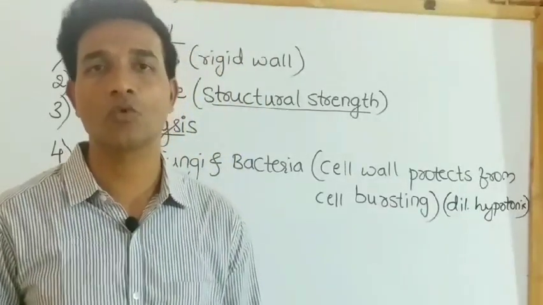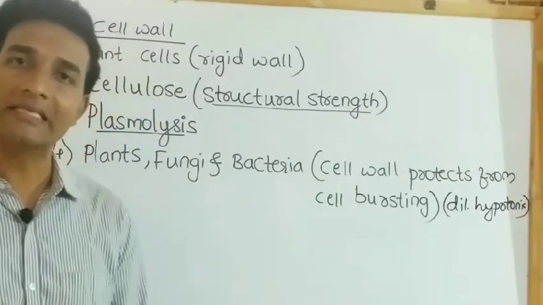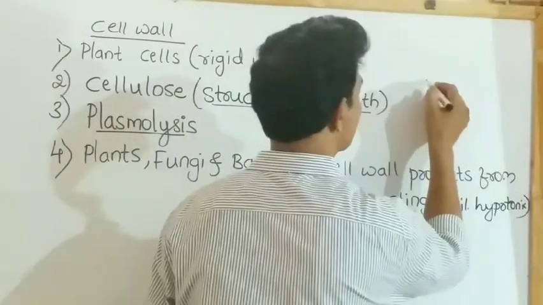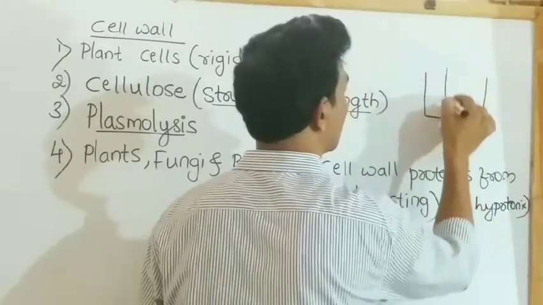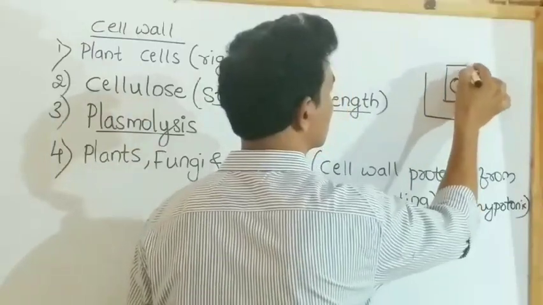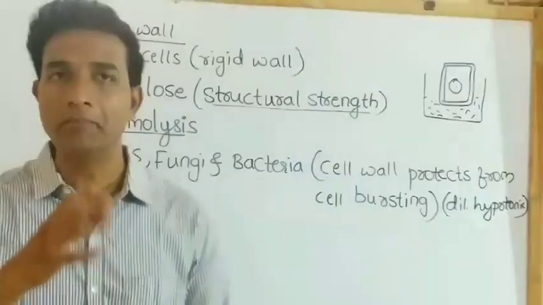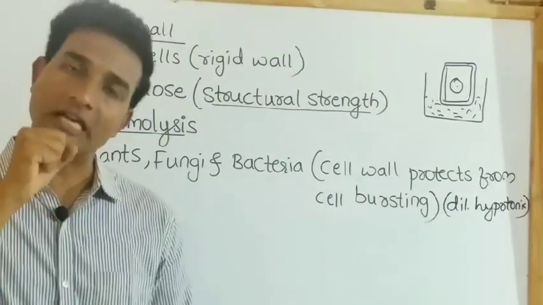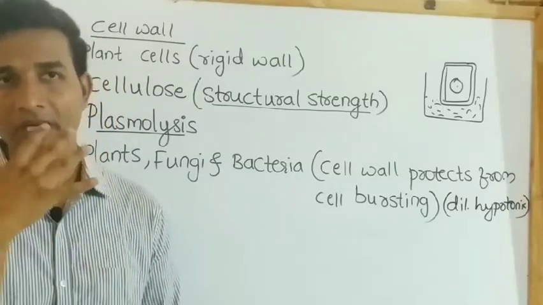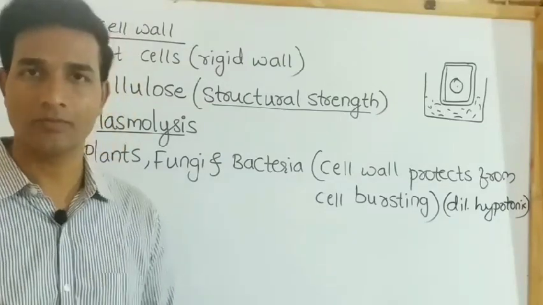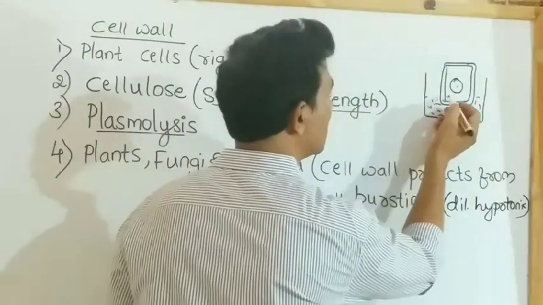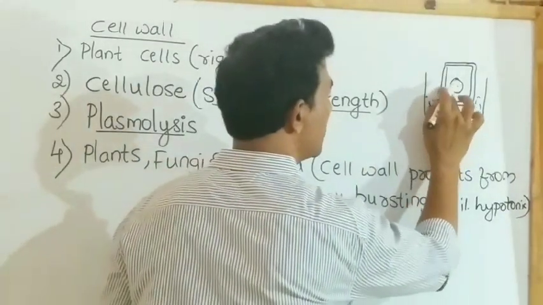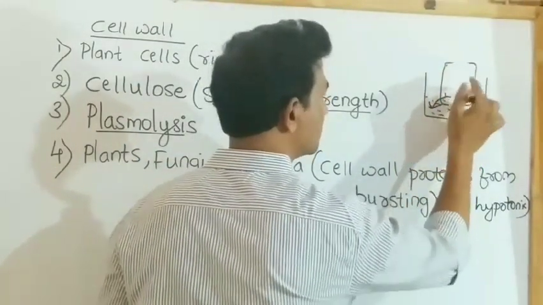So we have to first understand what plasmolysis is. When a living cell is kept in a hypertonic solution, we have already studied osmosis. We have drawn the cell wall here. The living plant cell loses water through osmosis. There is shrinkage or contraction of the contents of the cell away from the cell wall. This is called plasmolysis. For example, when water moves outside from the cell, there is slow shrinkage of the protoplasm.